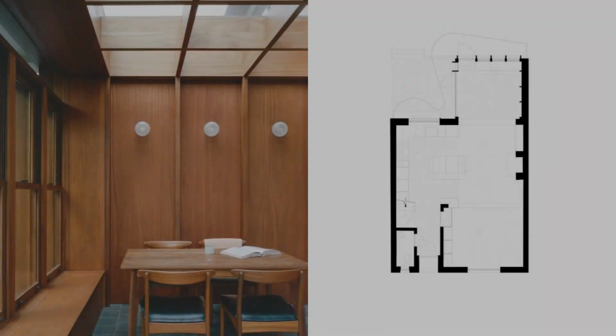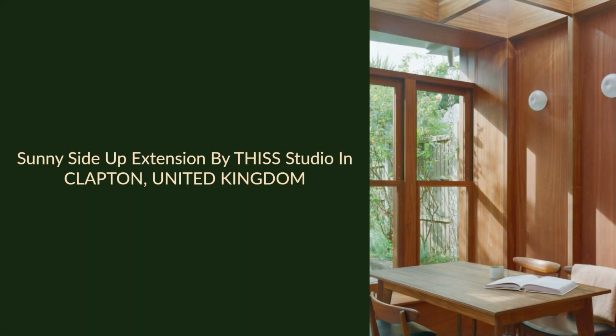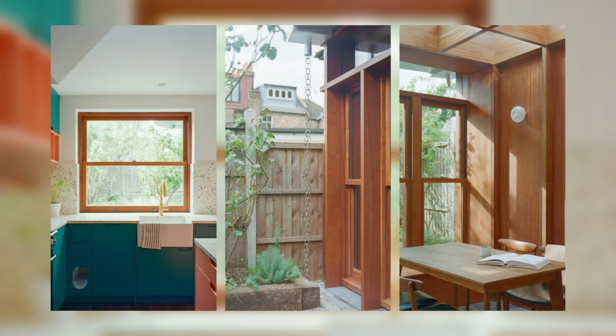Sunny Side Up embodies this studio's commitment to responding to each client's vision whilst challenging the conventions of buildings, spaces, and materials through an innovative approach to craft. The project combines sustainable design with careful detailing and contemporary construction methods to create a unique space that personifies the essence of the client's